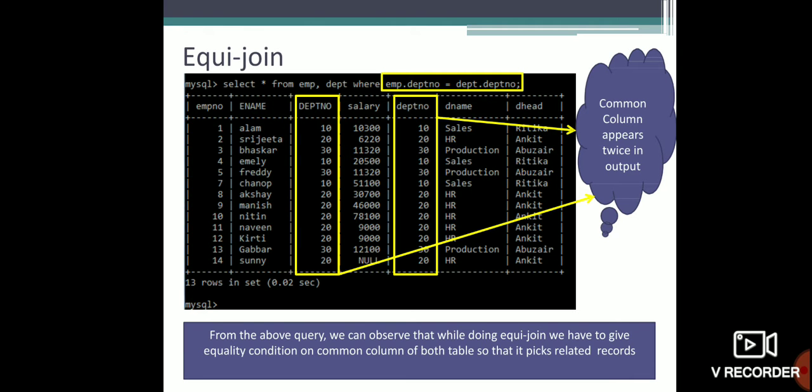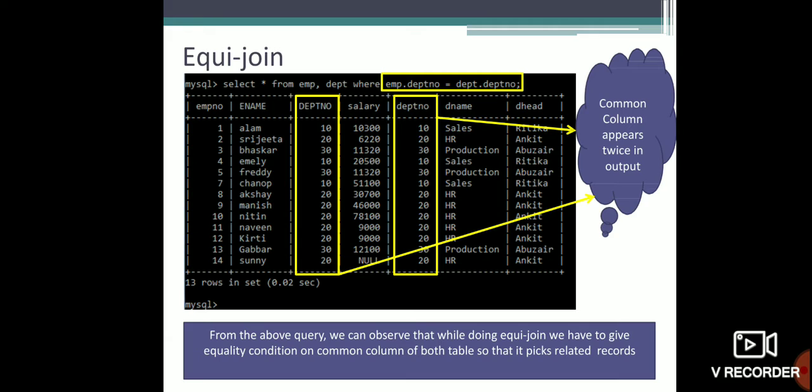See here, how have I joined? Select asterisk from employee comma department, fetch all the details from the two tables, where emp, my first table, dot department number, the common column name I have to write in both places, equals department dot department number.